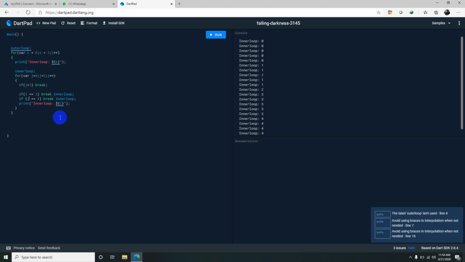There is another statement called continue. That one will complete that part of the iteration and continue from the next iteration. If you see this if statement, it will check the condition and it will execute this. If this condition fails, it won't go to this part of code.